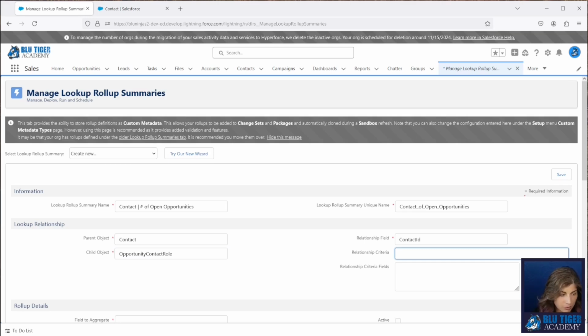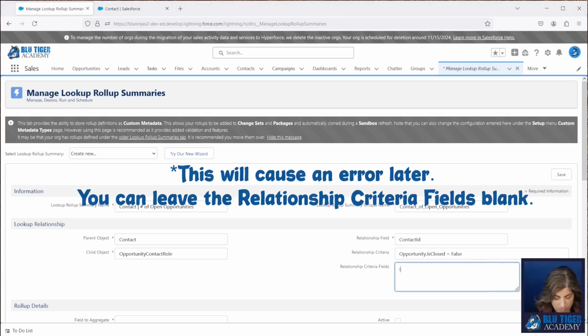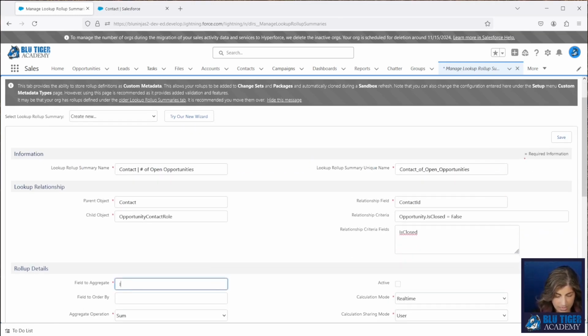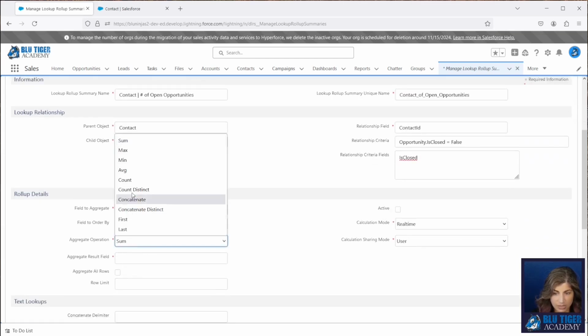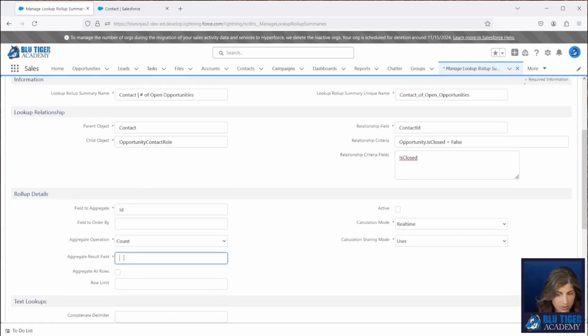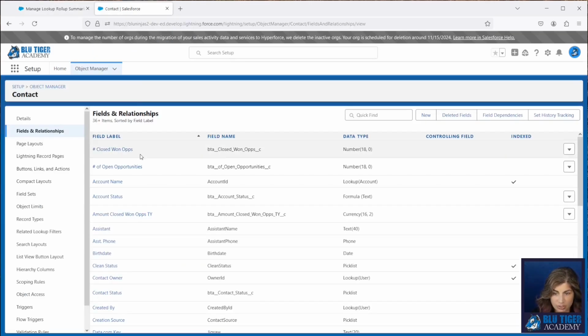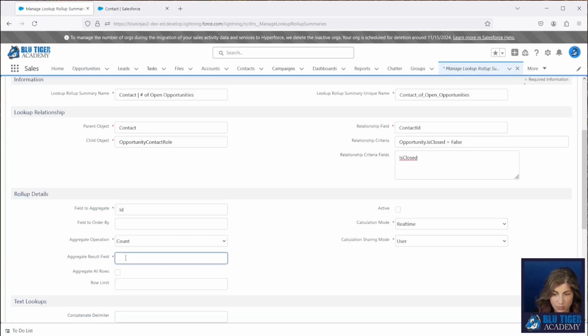Our relationship criteria is going to be looking for only the opportunities where is closed equal to false. The field that we need to aggregate is ID. This is going to count the number, and then we need to put in the API name of the field that we just created over here. Whatever API name is here of your field, you will copy that and put it in your aggregate result field.